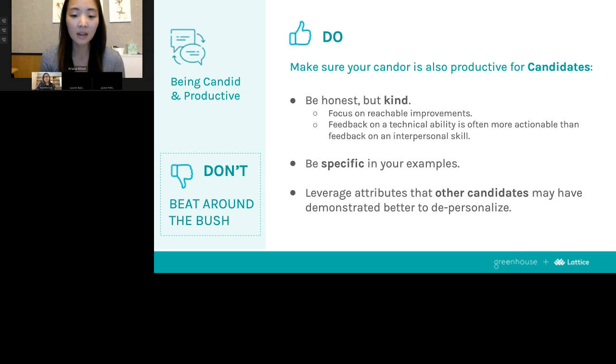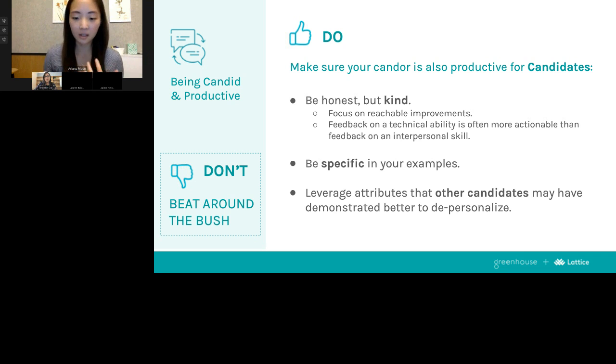And then finally, one of the things that I think about when I'm delivering feedback is I do often leverage attributes that maybe other candidates may have demonstrated better than the candidate that I'm talking to in order to depersonalize the feedback. So instead of saying, hey, Sarah, you did X, Y, Z, not that great, I might say something like, hey, Sarah, this other candidate that we met, we felt like demonstrated this attribute a little bit more thoroughly or more proactively than we would have loved to see from you,